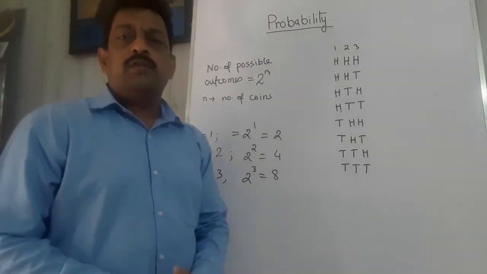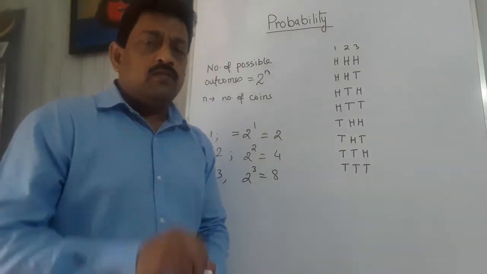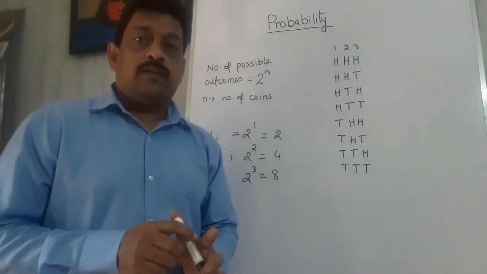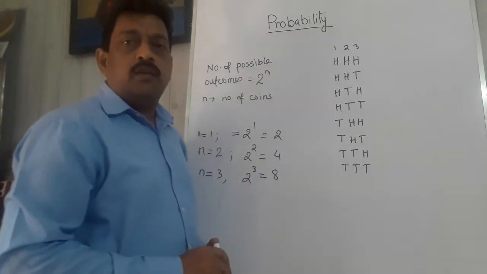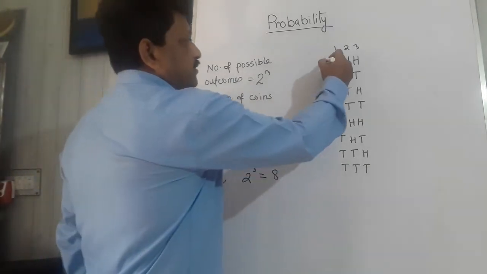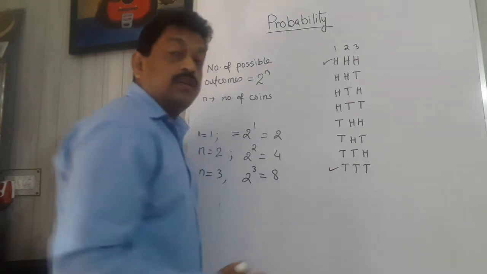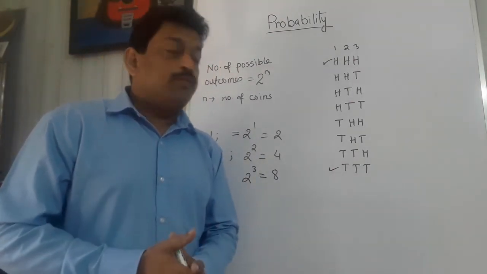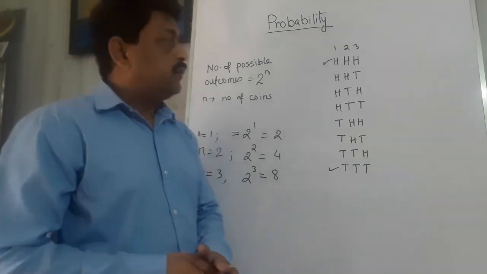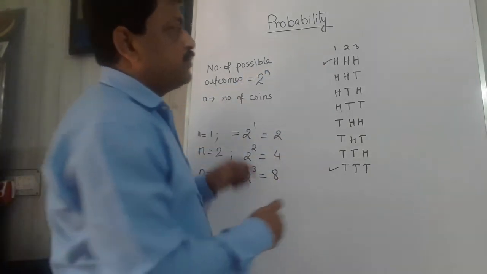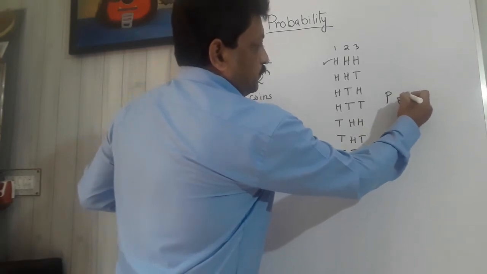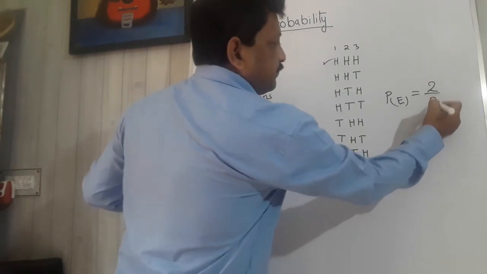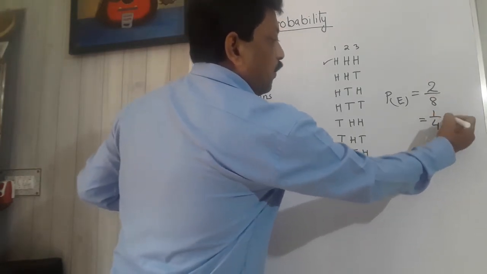Now what are the questions here? One easiest question from this will be, find the probability of getting same result. So how many cases are there with same result? See, there are 2 cases, HHH and TTT. If the question is asked to find the probability of getting same result, then there are 2 favorable outcomes and total outcome is 8. So the answer is 1/4.